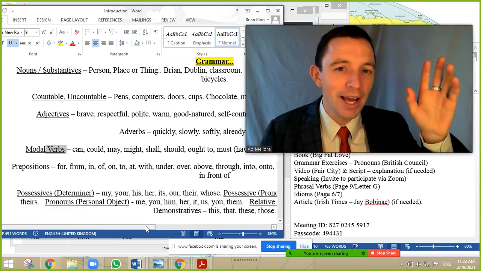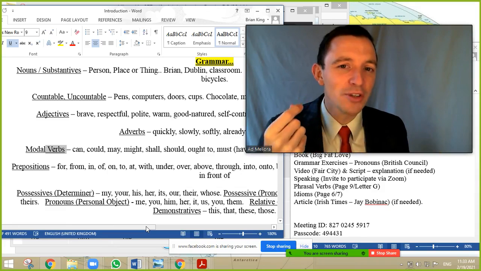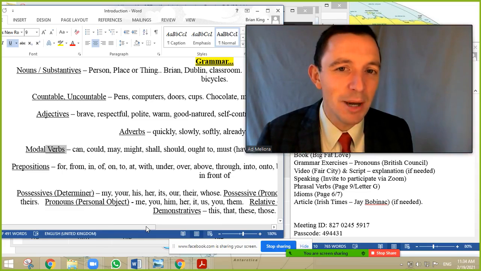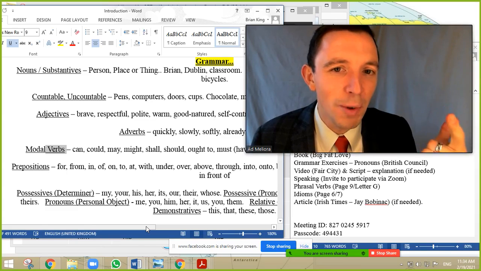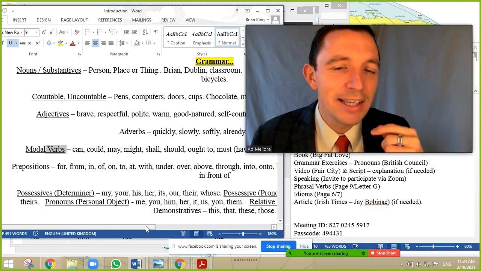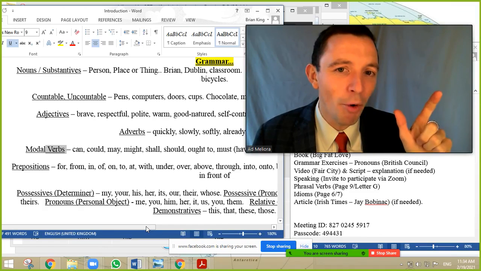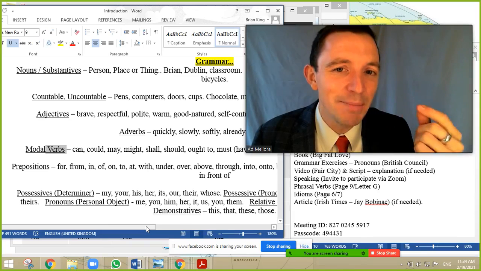But second, it's possible for permission. Can I go to the shop? Can I ask a question? It's a question for permission, and it's also for ability. Could, may and might are the 3 verbs that are very similar for possibility. I could go to Italy. I could go to Spain. I could talk to my friend. It's a possibility and it's an option. Okay? They are practically the same. The difference is may and might are probably a little bit more formal and a little bit more polite. Just a little.